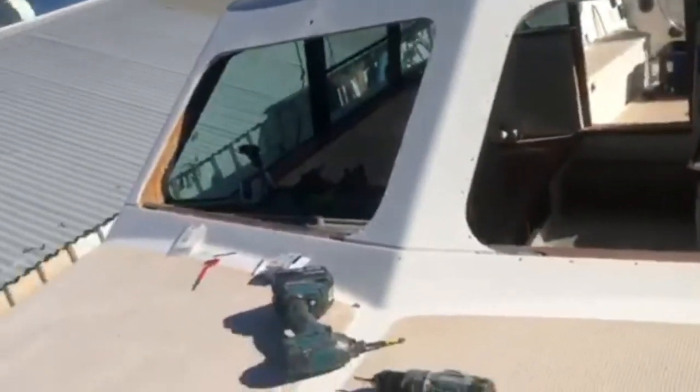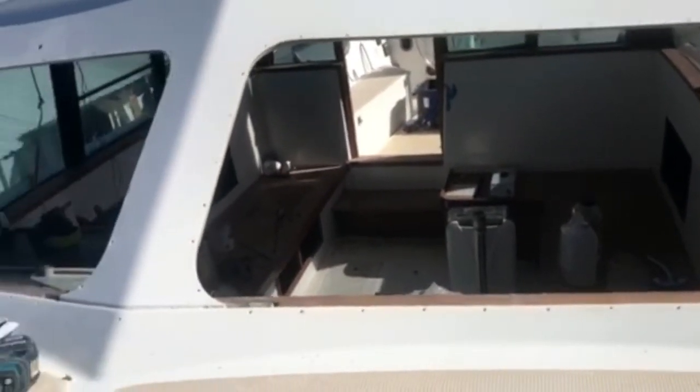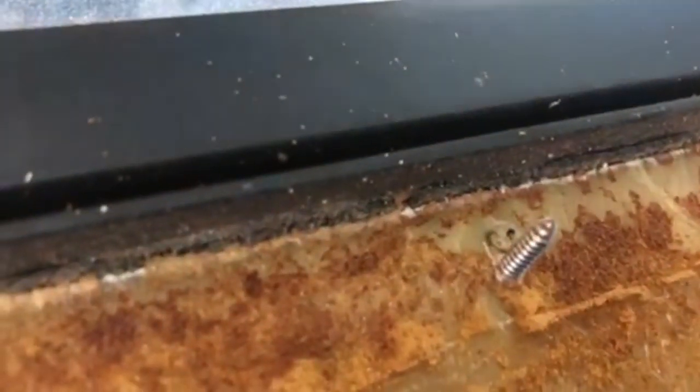Right, so just seeing what we've been up to here, we have pulled the front windows out of the boat. Main reason for the front windows being pulled out, they had big screws. An example on the inside here: screws sticking through, holding the windows in, which were attached to the wooden trims that went around the windows. We are losing the wooden trims, so what we've done is pulled the windows out,